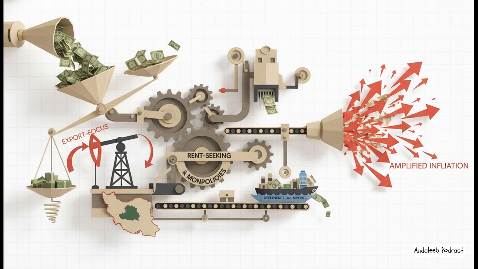And in Iran, Dr. Hosseini shows how this effect is put on steroids. You have massive inequality and powerful financial monopolies, which means any new money just gets sucked into these speculative black holes. On top of that, the economy is geared toward exporting raw materials, which actually creates shortages of goods at home, and it relies heavily on imports for basic necessities. So the bottom line is, just printing more money doesn't help. It just feeds the speculative machine instead of the productive one.